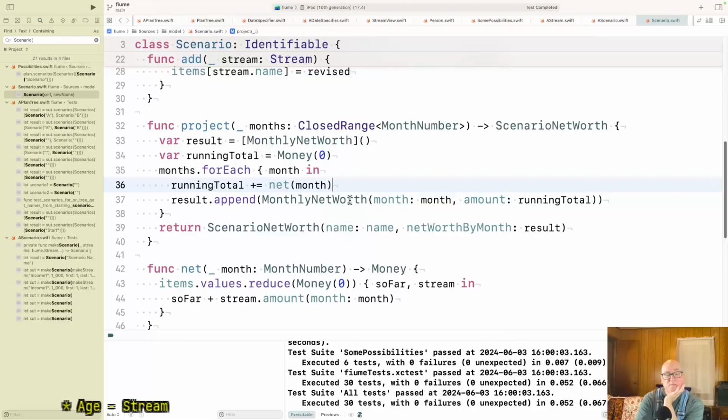Now, months. That shows up in monthly net worth for the graph.